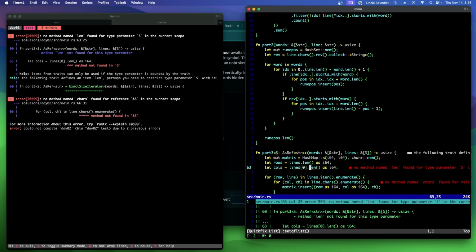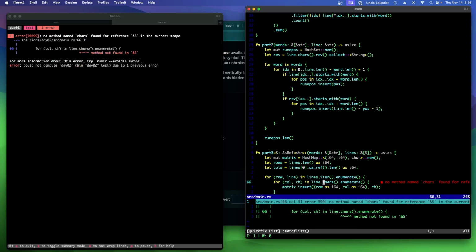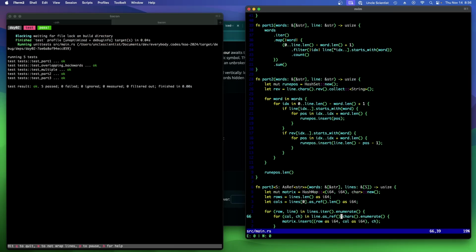I do that. Plus exact size iterator. Oh, no, as ref. Like that. There. Okay, so now if I hit run,